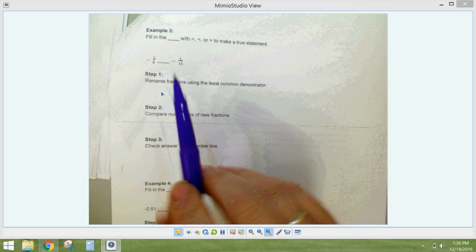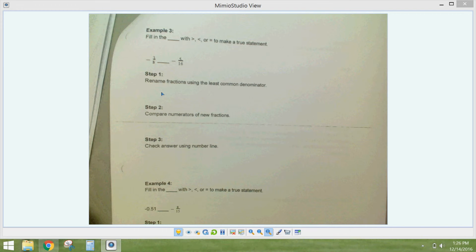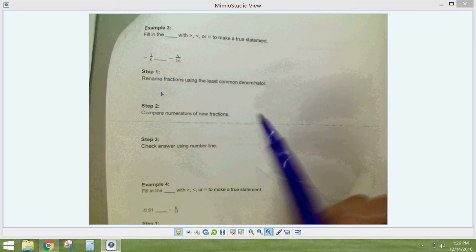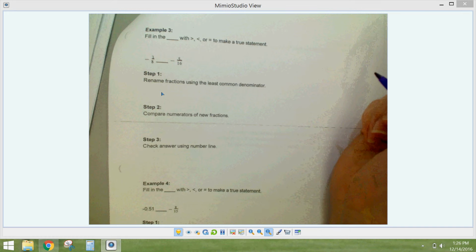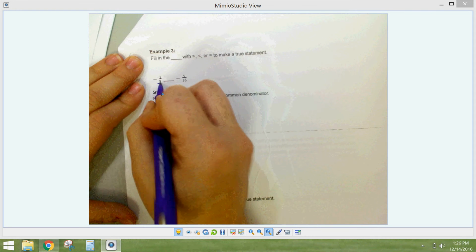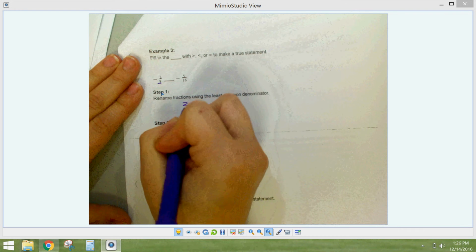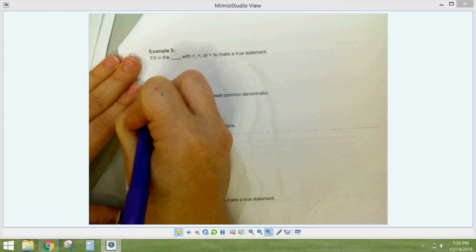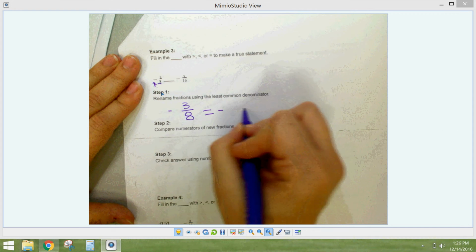Same thing, but we're just using fractions, okay? So we are going to do it 2 different ways. This one does ask us to find it using the least common denominator, where this is where your multiples really come in handy knowing. So I know that 8 shares 16, so I'm going to do 3/8, and don't forget that it's negative. So -3/8 is equal to negative